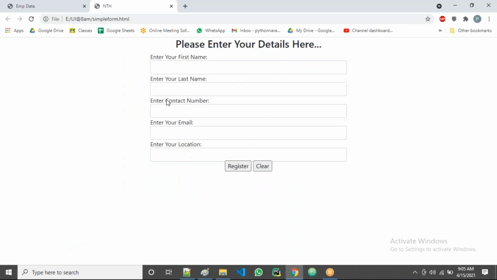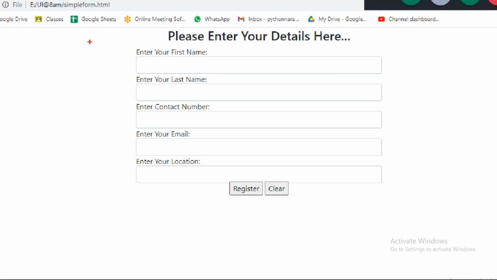Okay. Now, in the case of first name, what is the user giving here? Is he giving text data, or number data, or email data, or any URLs, or dates? Let me know. First name is what we give, guys.